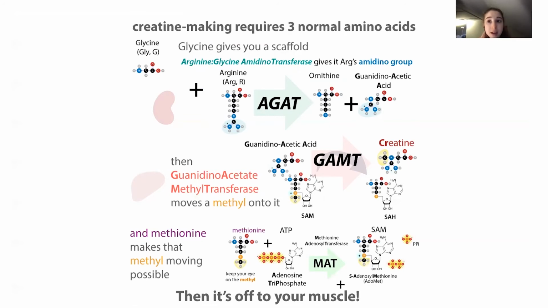But creatine is made from amino acids that are used to make proteins. And so it is made from two of them, glycine and arginine. But it's also going to involve a third amino acid, methionine, indirectly, because it's going to be the source of a methyl group. And a methyl is a carbon bound to 3 hydrogens. So glycine is the simplest amino acid.